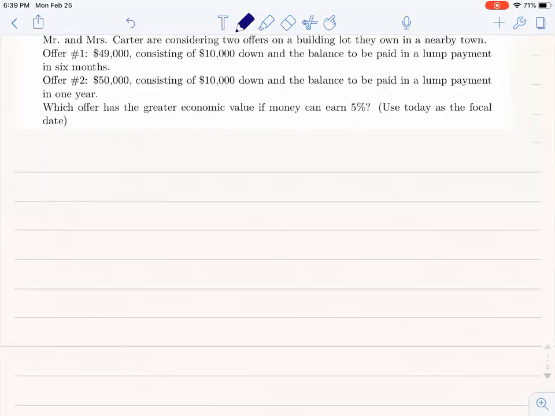So we're going to start by mapping these out with timelines, with all the information that we have. Because I'm going to be comparing these two offers, I'm going to use the same timeline, even though the first offer has a payment today and one at 6 months, and the second offer has a payment today and then one a year from now. Just so I can look at how they compare, I'm going to make the same timeline for each of them. And so I'm going to have offer number 1